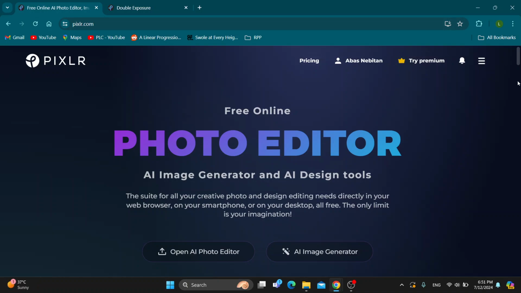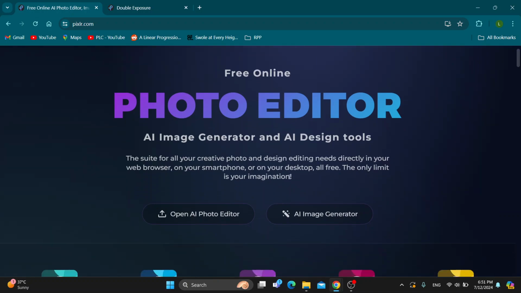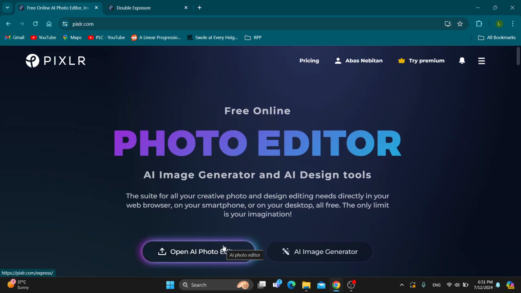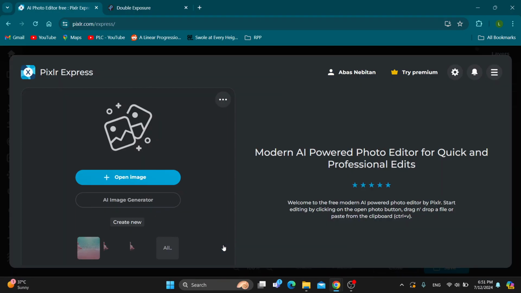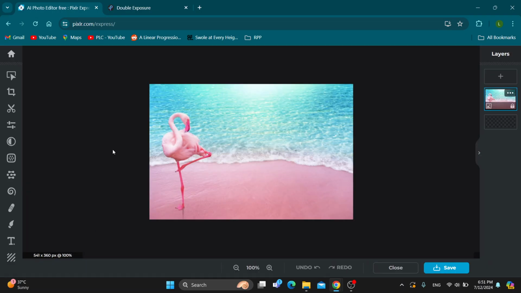So after logging in, you'll be greeted by this main page, which is the home page of Pixlr, where we can get started with opening up the AI photo editor. So that's exactly what we are going to do. Click on it, and it's going to open in this new page where you can get started with selecting an image that we want to use. I already have my image right here. You can select a new one from your PC, and now we can get started with using the double exposure